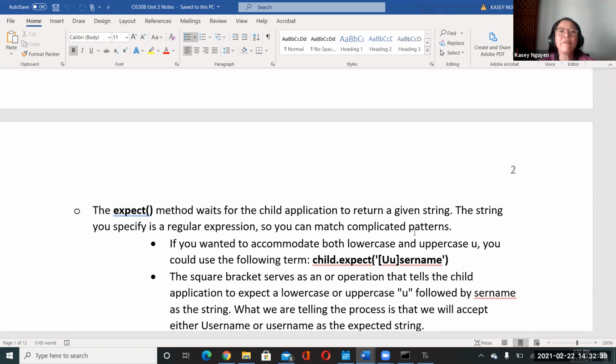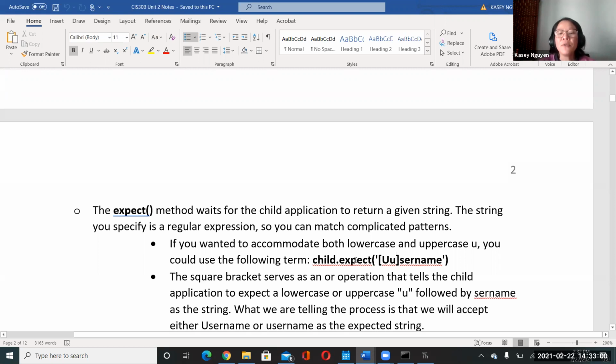For example, if I'm looking for a password, I can have it find upper and lowercase, because on some websites you would have Password with a capital P, or in the example here, we would see Username sometimes with an uppercase U or a lowercase u.